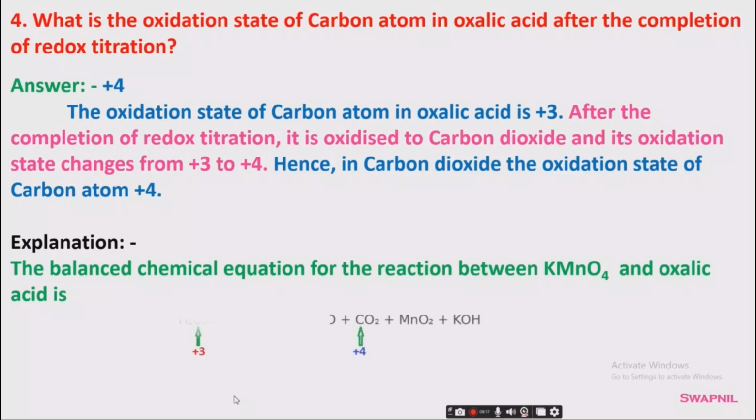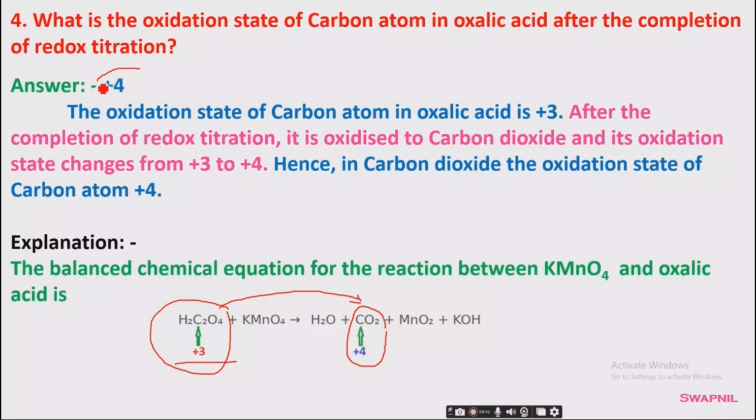After the completion of redox titration, it is oxidized to carbon dioxide, that is oxalic acid is converted into carbon dioxide, and in oxalic acid the carbon atom has +3 oxidation state, which after the completion of redox titration is +4 in carbon dioxide. So the correct answer is +4. So next,